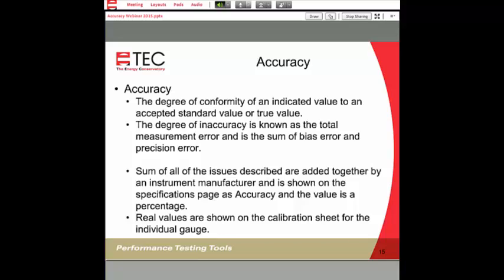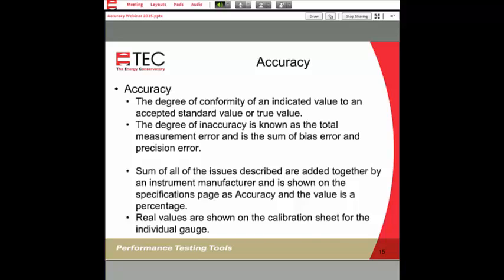So a lot of things actually go into creating an accuracy statement. All of the sensors, all of the electronics, putting everything together. How fast does it respond? What's the resolution of the sensor? How does the display resolution work? So all of those things fit into and are summarized on a manufacturer's specification page as quote unquote accuracy. And that value is usually described as a percentage. And we'll get into what the comparisons are with different types of accuracy statements.